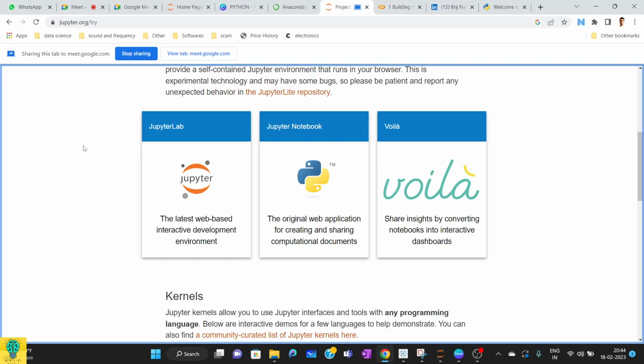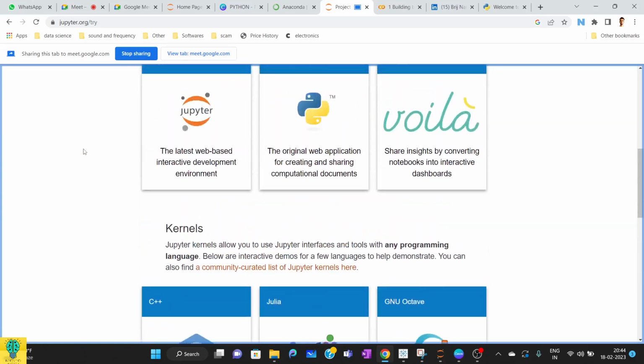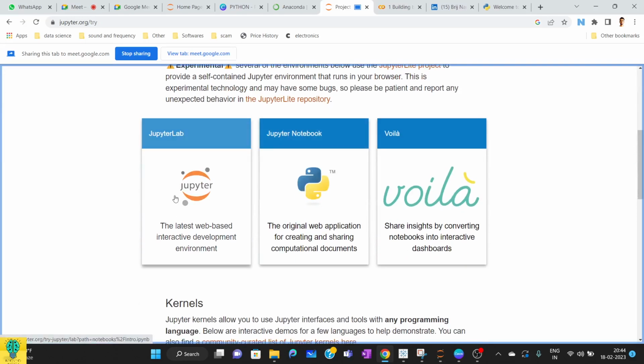This is most widely used in companies as well. And if you do not want to download, you can go to this link, and we have a Jupyter web-based platform also, like JupyterLab. On the web, directly in your browser, you can write the code.